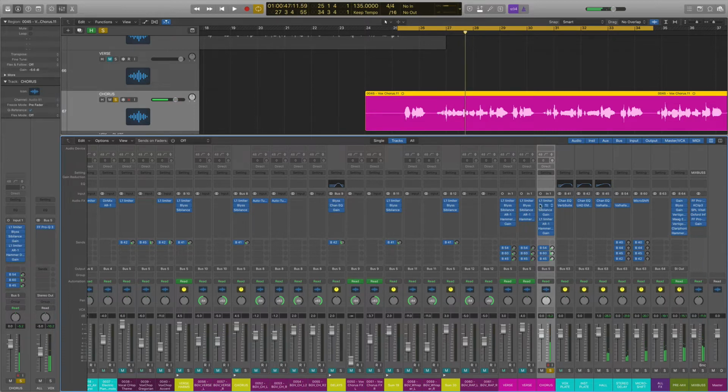Okay, and again, if I turn Blyss off and turn off hammer, which were our two main tone shapers,